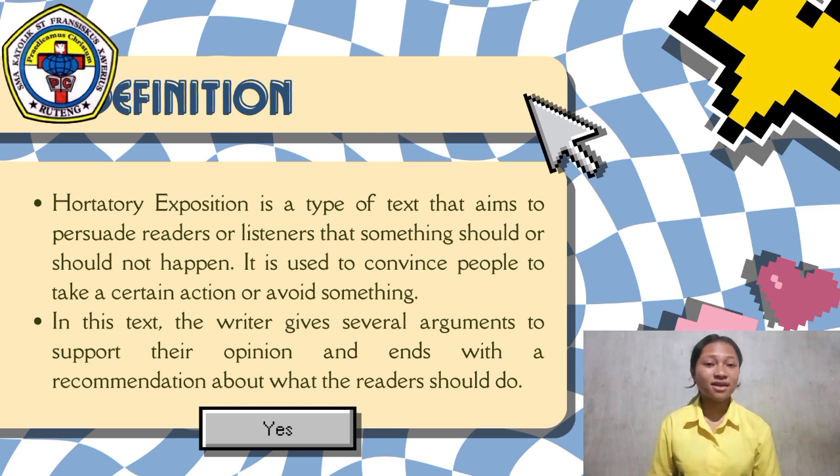In this text, the writer gives several arguments to support their opinion, and at the end of the text, the writer gives a recommendation about what the reader should do. So, the main goal of this text is not only to give information, but to influence people and encourage them